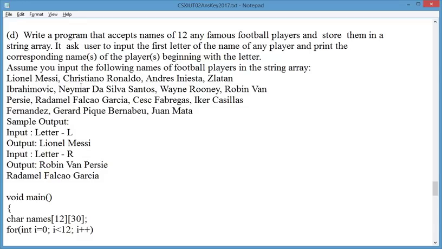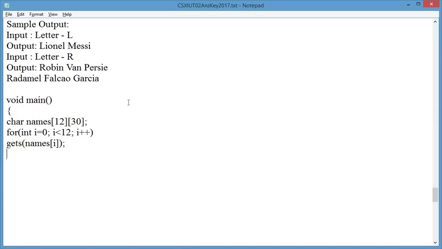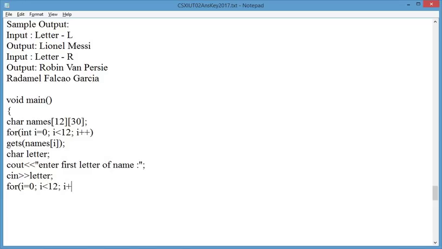Now you need to ask the user to input the first letter of the name of any player. So char letter, so we ask the user to enter the first letter of a name, so it will be C in letter. Now we have to again take the for loop. For i is 0, i less than 12, i plus plus. Now if